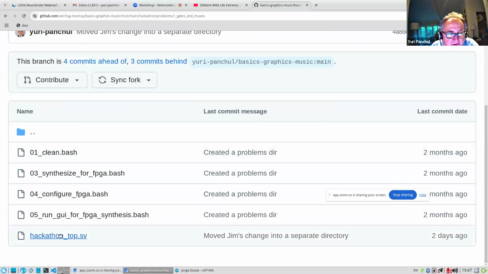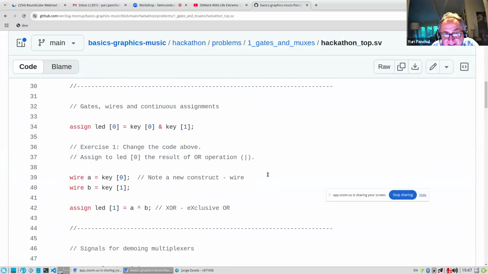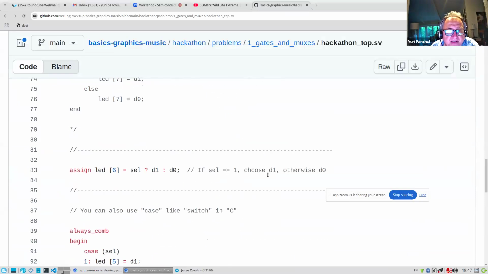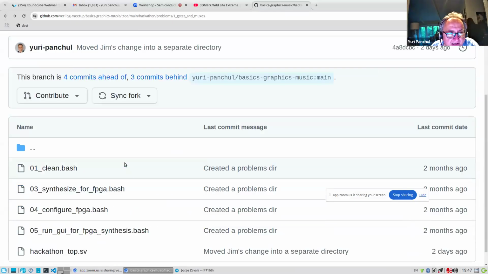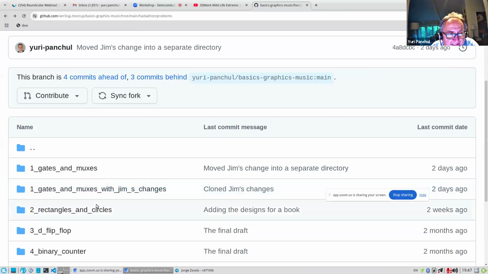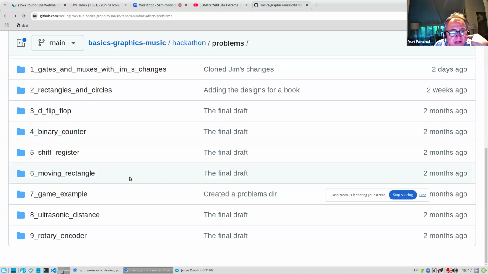Yeah, so we went through combinational logic, we went through multiplexers, and next we went through how to draw things on the screen, what is a flip-flop, what is a binary counter.